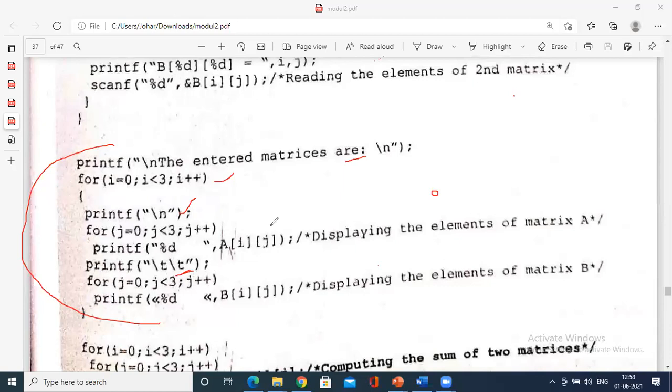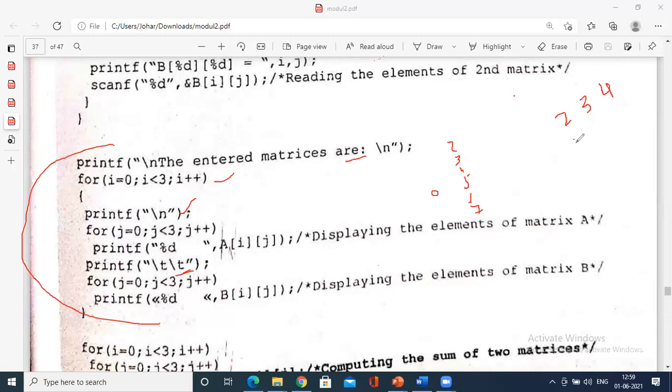Got it now? From the keyboard, when you enter, it will simply be like 2, 3, 4, 5, 6, 7 as such. But for display, you have to display systematically, no? 2, 3 with 2 tabs, then 4.